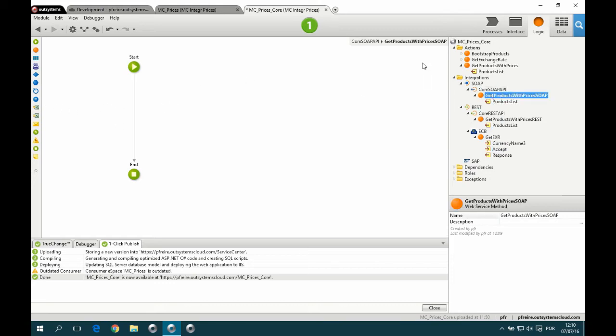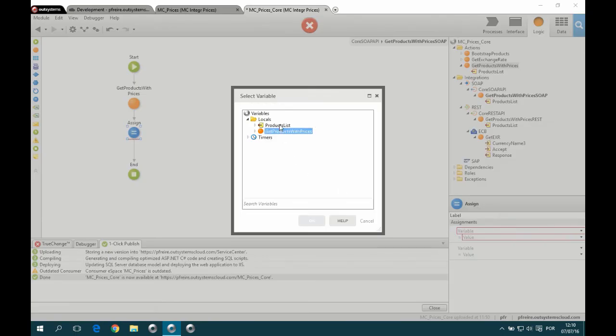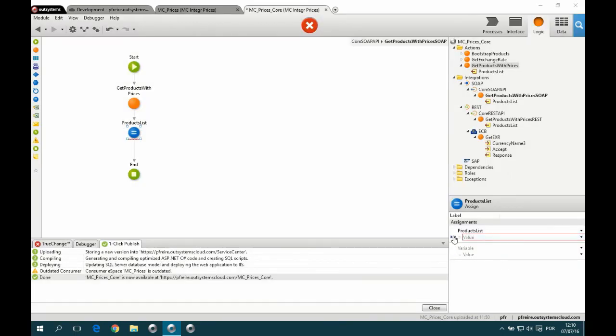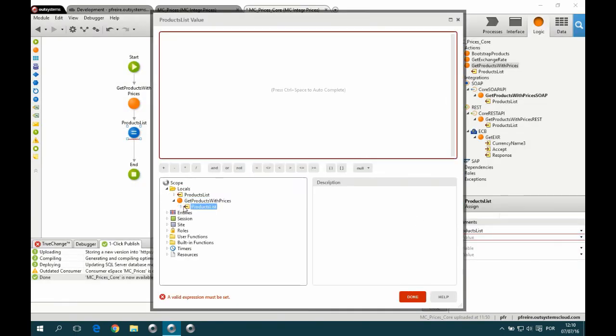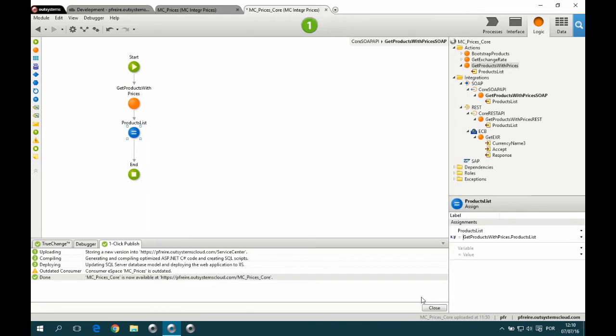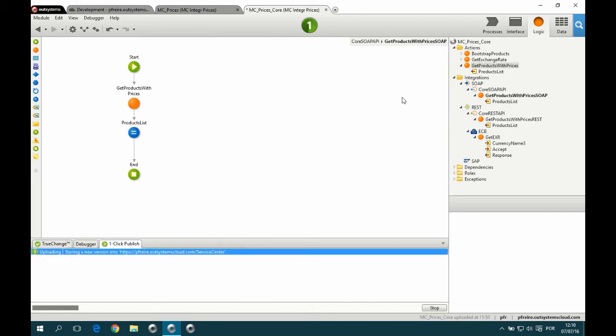We have the empty action here. Same idea. We call our internal function. Then we assign the output argument that we have defined here with the return value from our function. And there we go. Now the services are exposed to the world, and we can use them elsewhere. Now, while this is publishing,